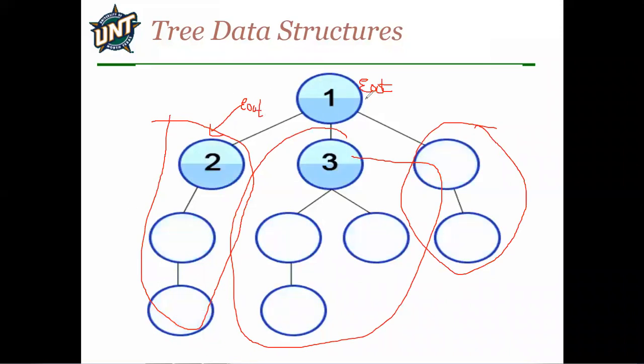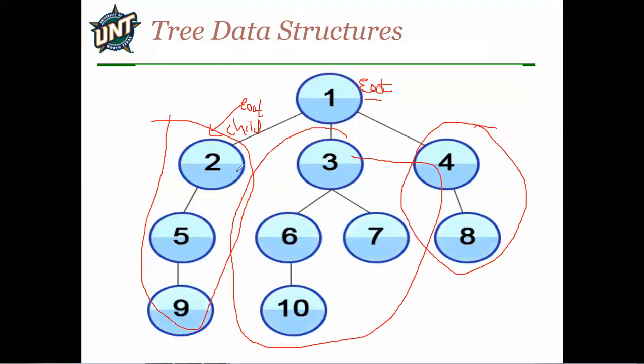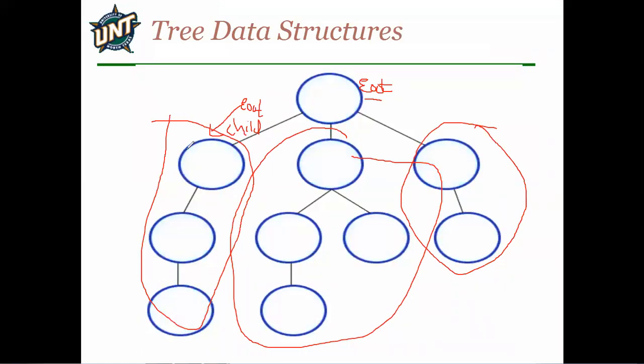This concept should be clear to everyone. This is a very important concept. So the second point is that you know this is the root node. 2, 3, 4 are children of the root node. Again, 2 is a child, but according to the subtree, 5 and 6, 5 is a child of 2. That means 2 is the parent or root of this 5. So we can say that this 2 is an internal node. Now we are going to see in detail what the tree terminologies are and the meaning of each and every terminology. That we'll see later.